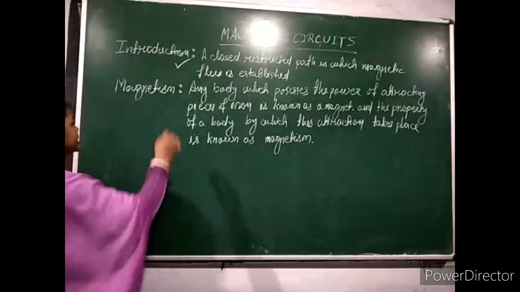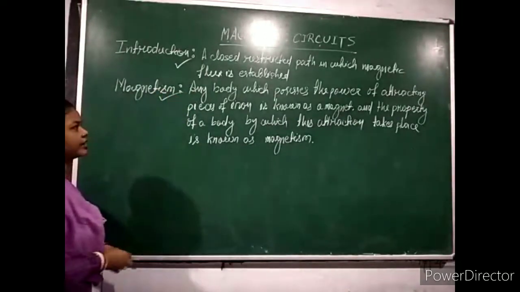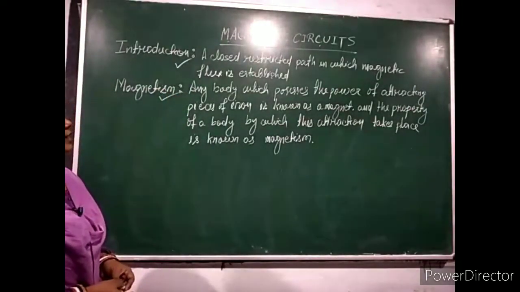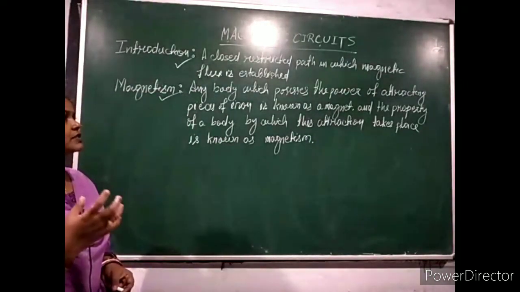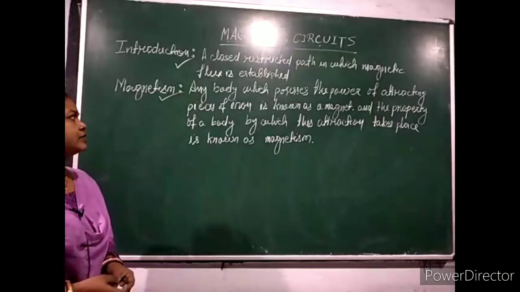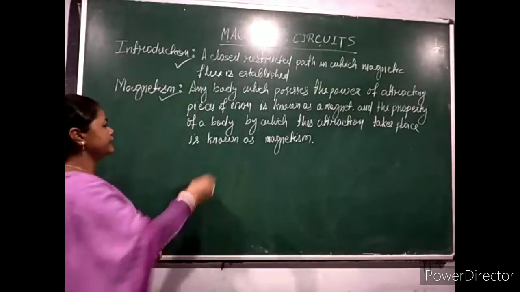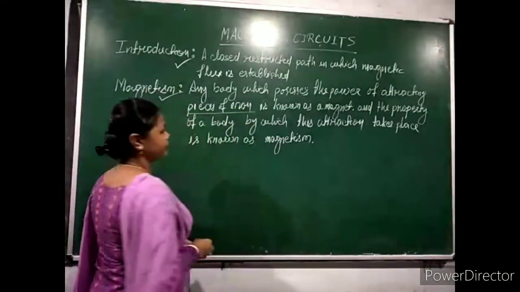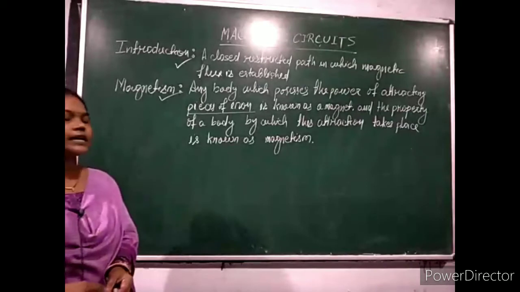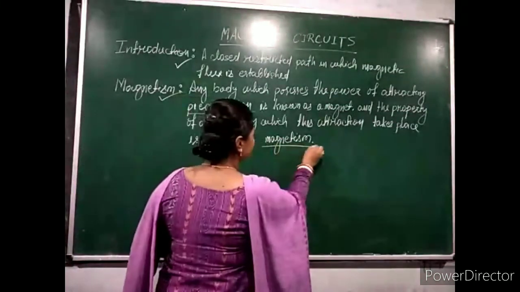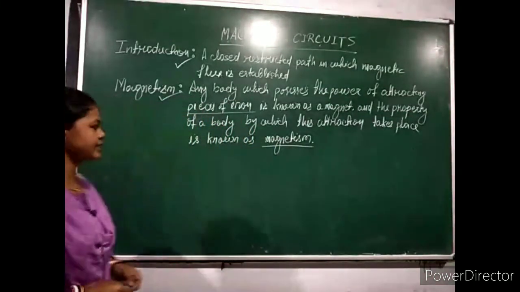The next, what is magnetism? Magnetism is the property of a body, or the power of a substance which has the capability to attract iron pieces towards it, and this property to attract iron pieces towards it is called magnetism. So in this topic we will discuss what is